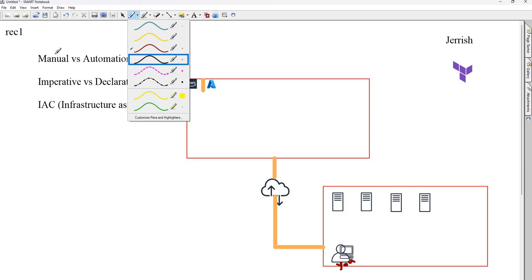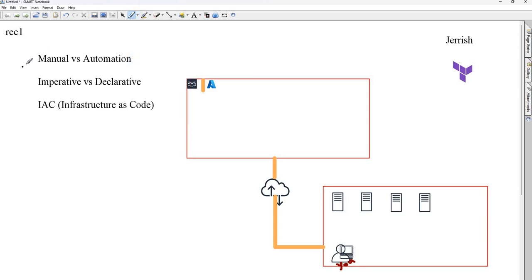Manual is fine, and for the first time it is good. But if you have a requirement to do tasks either in your local server or on cloud, if it is repeated, then it is a time consuming activity.